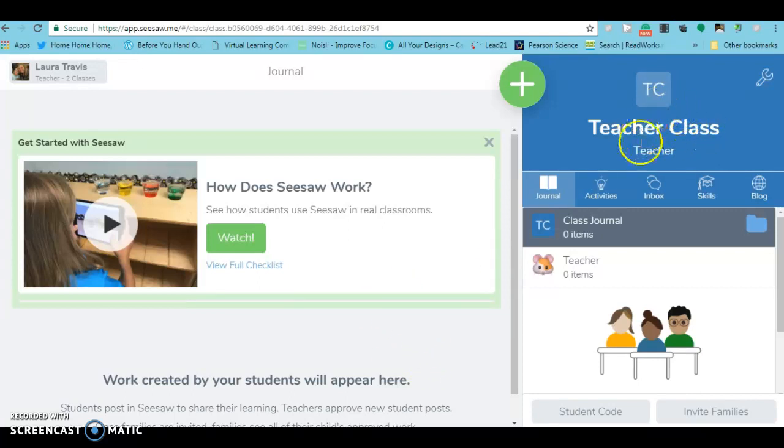This is the teacher's class I've created here. You would go to the web-based version if you were going to create a class, and it would be seesaw.me is where you would go to start. It's really user-friendly. There's lots of videos, lots of Facebook support groups that you can go on and get lots of really great ideas for how to use this program in your classroom. So the first thing I'm going to do is go over here to this little wrench,